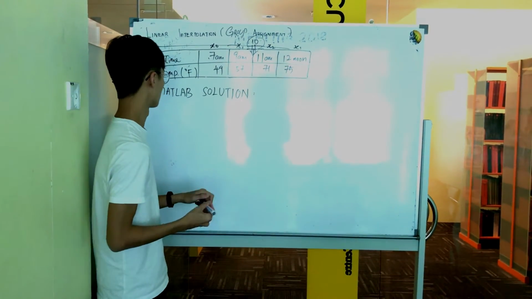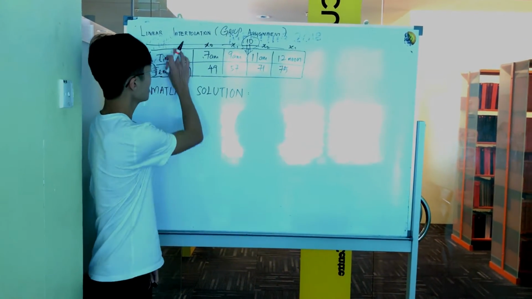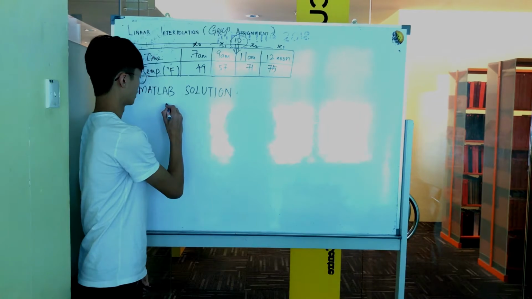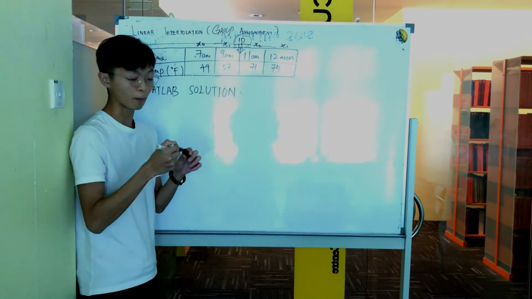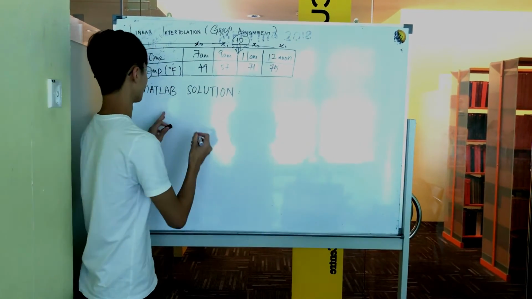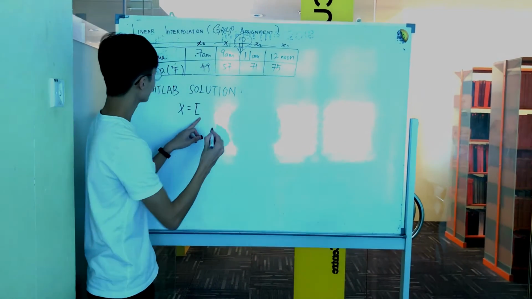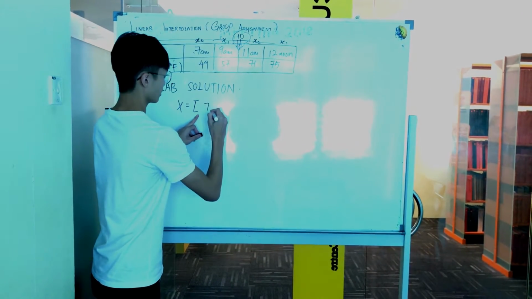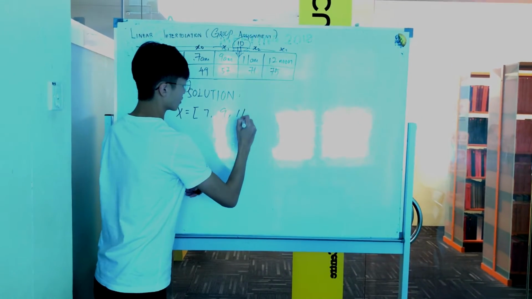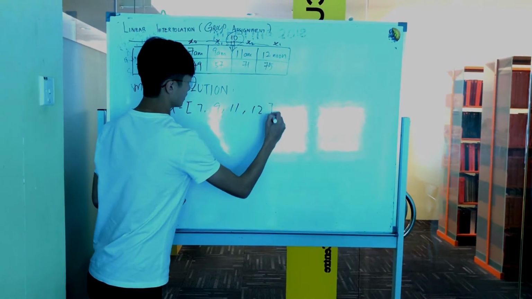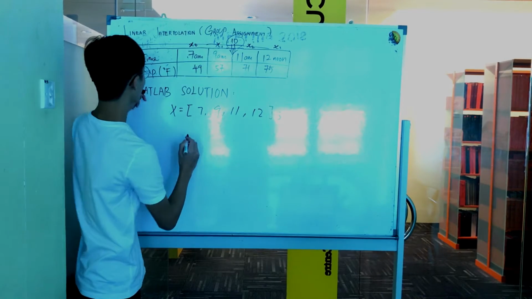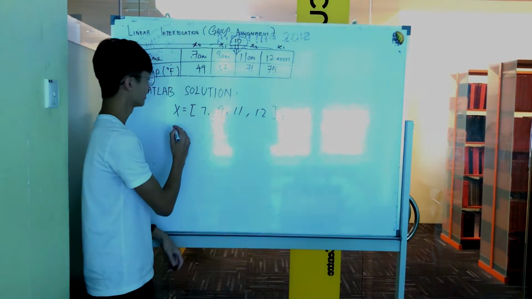Firstly, we let time equal x. We open the script file and write s equal to the bracket 7, 9, 11, and 12, and then we let y equal to temperature